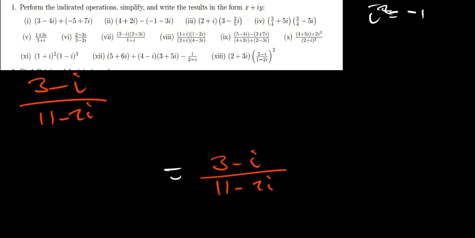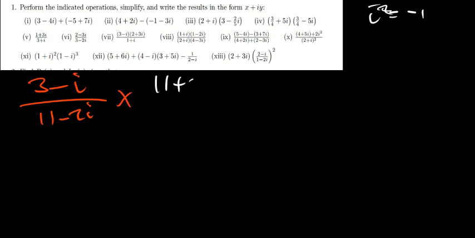Then the next thing, I'm just going to get the conjugate of the denominator. So I'll have 11 plus 2i divided by 11 plus 2i. Okay, so the top part I'm going to do one by one, but the bottom part I'm doing times the conjugate, so I'm going to get the one which is having negative, then I square it. So I'm going to say